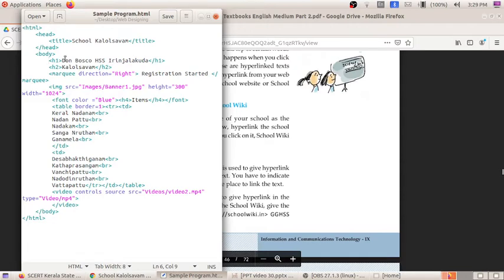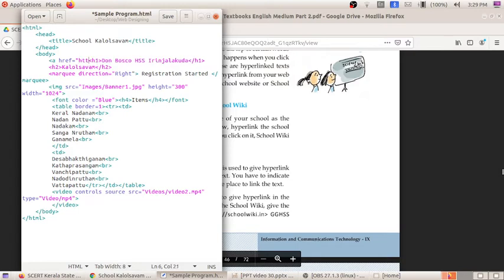How we can give href. A is the code, so I am going to type the code over here. That is a href is equal to, in quotes you have to give the URL address of the page. When you click on that link, in which page is opening, that page URL address must be given correctly.